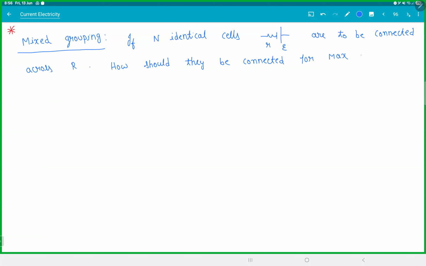Whenever they ask you a question, generally they'll assume it to be a symmetrical circuit, right? And they will give the numbers also that way. So the idea was this. Now see, if I keep all the batteries in series, I get very high voltage, but I also get very high resistance, isn't it? If I keep all the batteries in parallel, I will get less resistance, but I'll also get less voltage. So somehow, if I can balance both of them,